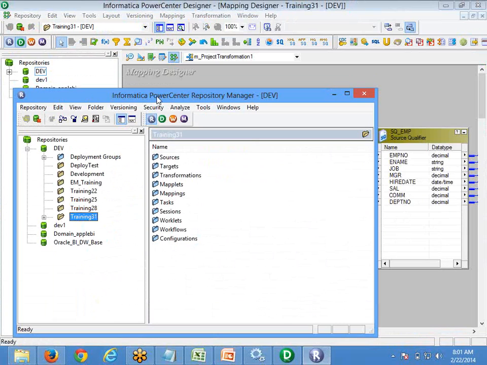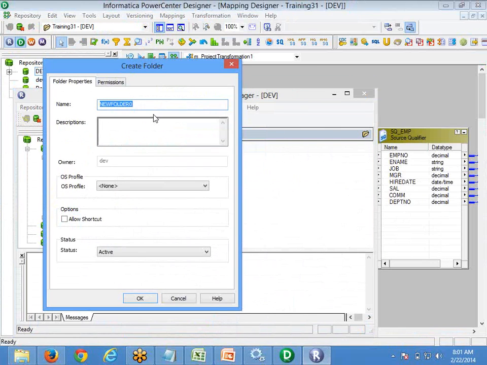Here we can do a lot of admin activities, which we can see later, but to start with, in the repository manager you have something called Folder, and when you click on Folder and then Create, it will ask you to choose a name for your folder.